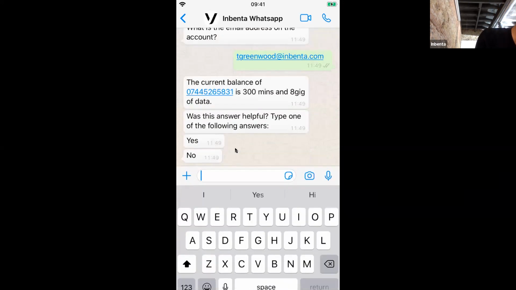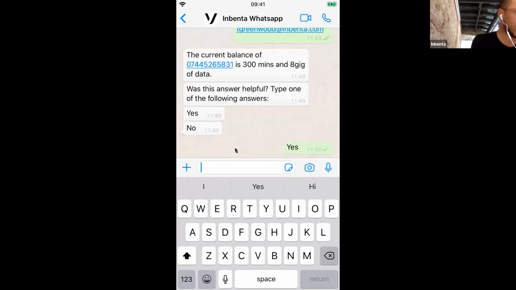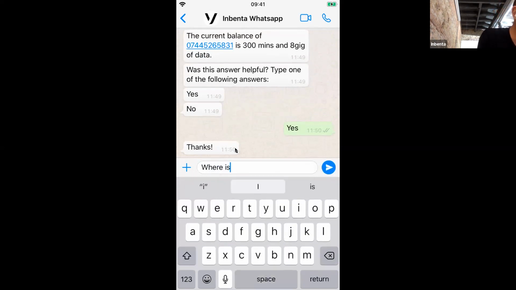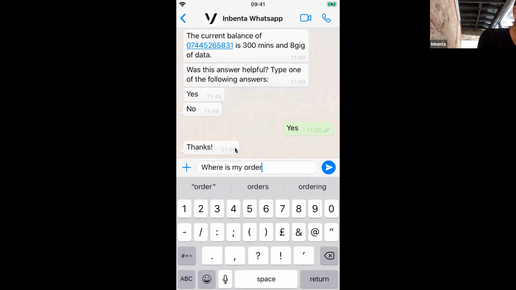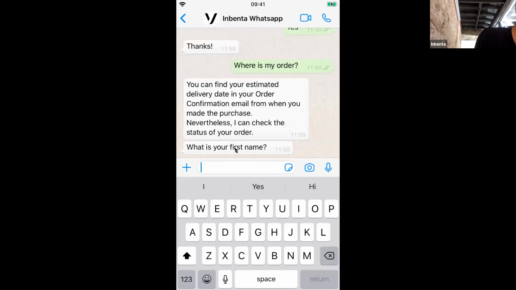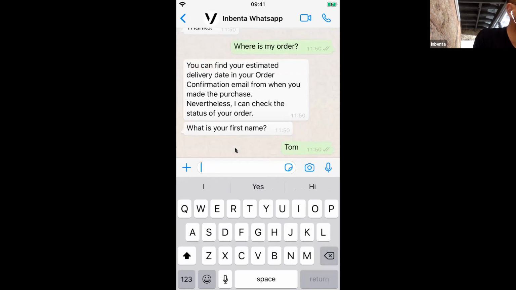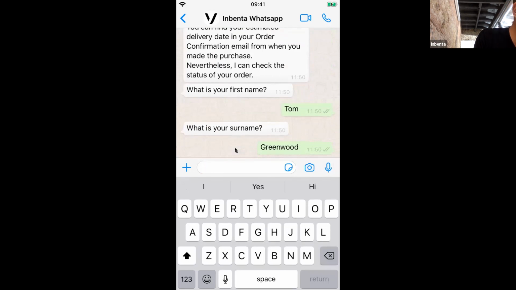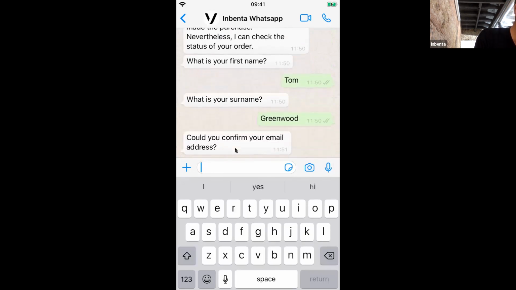I have another one in here, which is a little bit more complex. This is based on how the chatbot can provide information based on where a person's delivery can be. Okay. Where is my order? Okay, so same form again, Tom Greenwood, T Greenwood